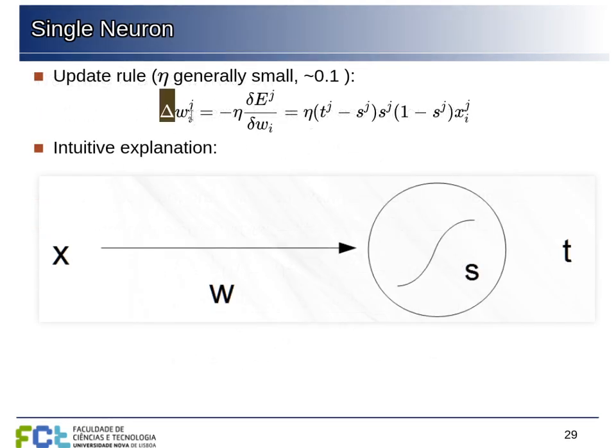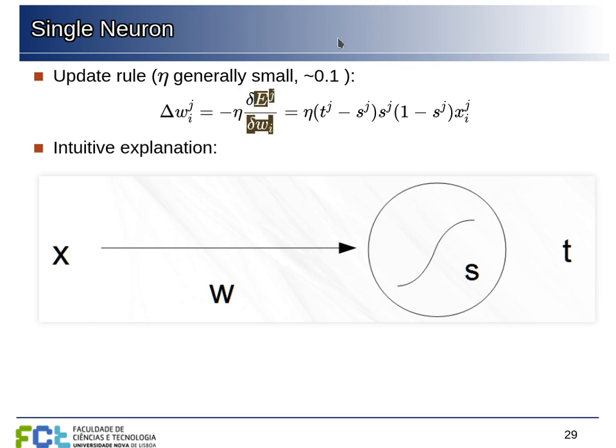So these are all the terms here that we must multiply, and we can chain these together and obtain the update rule for the weight of one parameter, which will be the derivative of the error function with respect to that weight, taken a negative sign so that we go down and minimize the error function, and this multiplied by this eta, by this small value that will make us take one small step at a time.